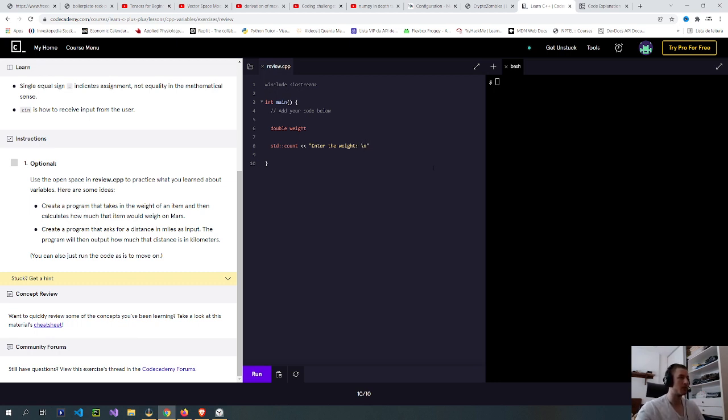Put a new line here. Then std::cin, weight. Store the weight in weight.